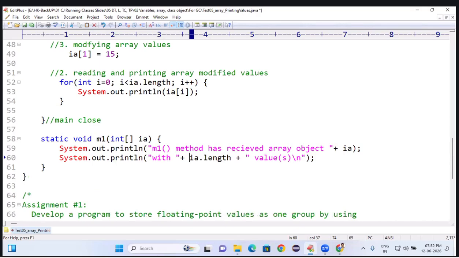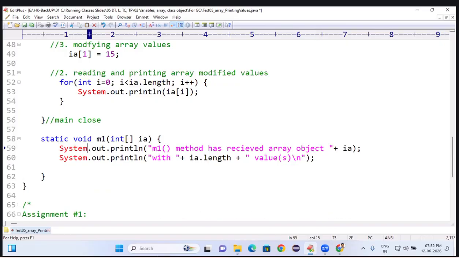Previously, what did I display here? IA dot length I displayed, because at that time, if I write SOP length and the number of values increase or decrease, I got array index out of bounds exception. Tell me, remove this statement, or you can write this statement. M1 method has received array object with how many values? 3 values. Those values are